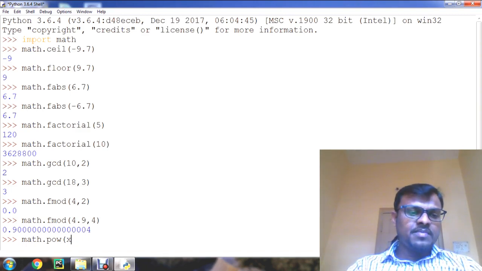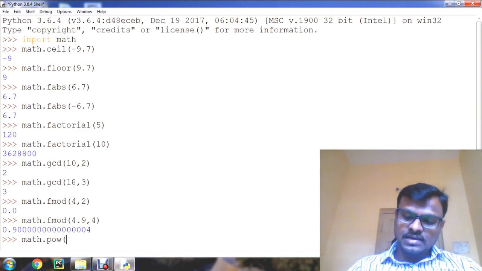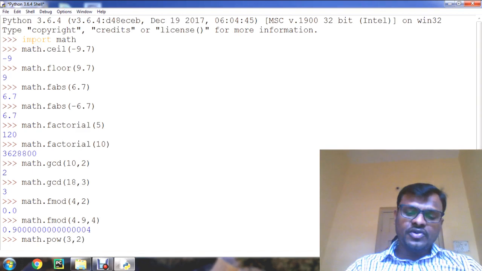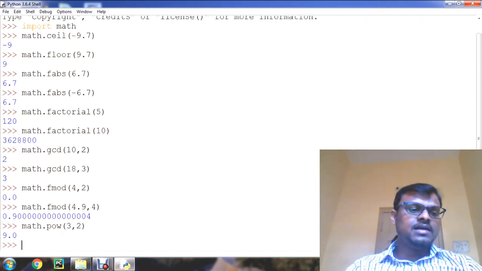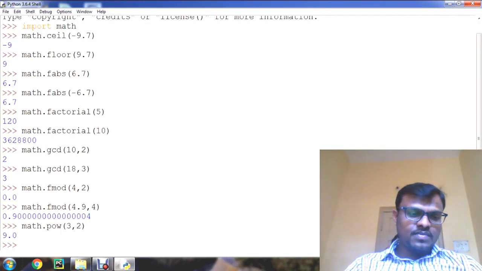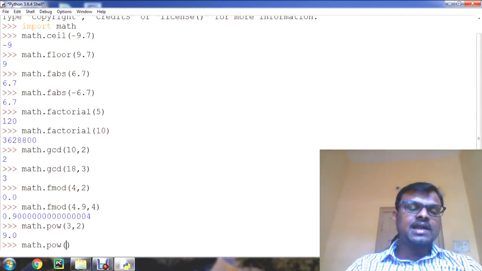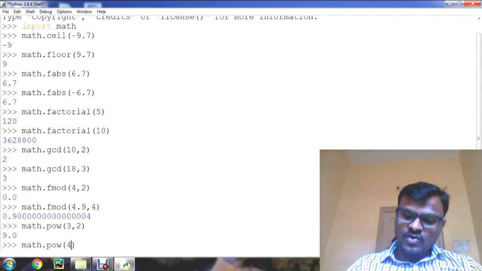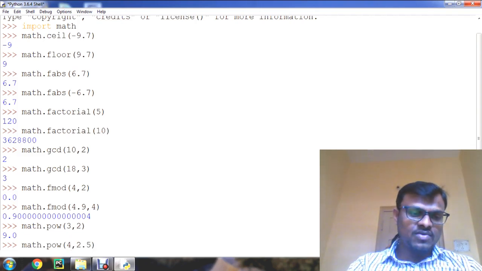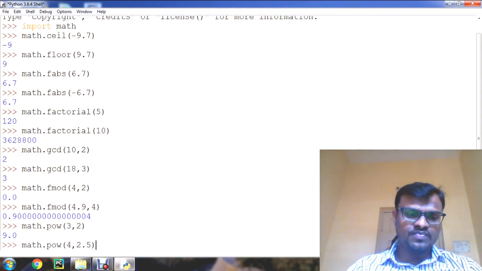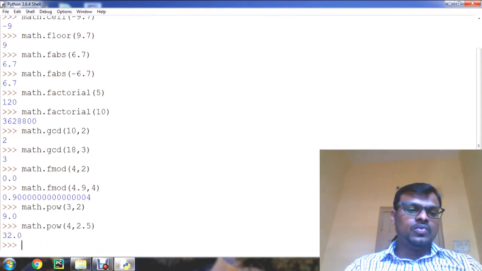So for example, if I pass the value like 3 comma 2, so 3 to the power of 2, answer 9. So same way, if I pass other arguments like 4 comma 2.5, so we can give a floating point number also, so 32. Okay, so like this the power function will work.